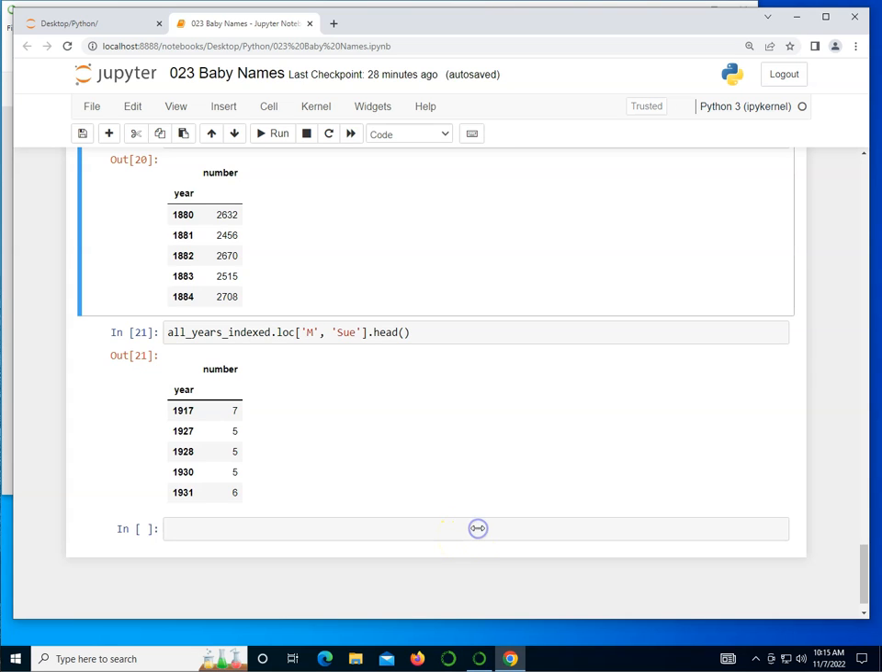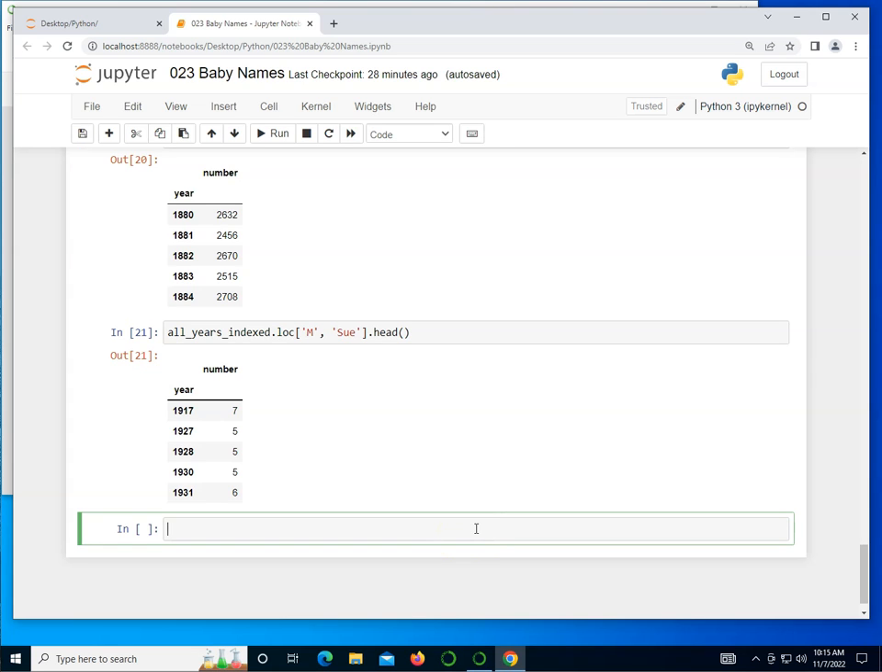Welcome back, everyone. Let's continue with our lessons with mining some baby names here. So we have created this beautiful data frame which allows us to search out names. Let's actually create a function to plot a name. And this is what we're going to use